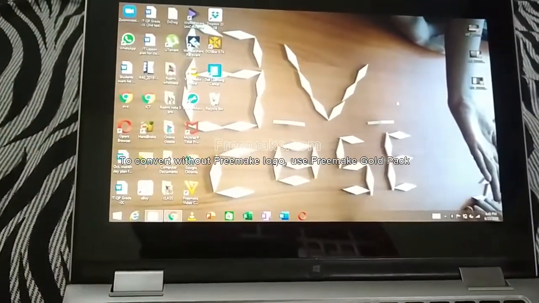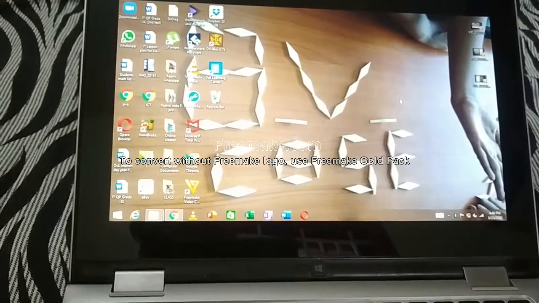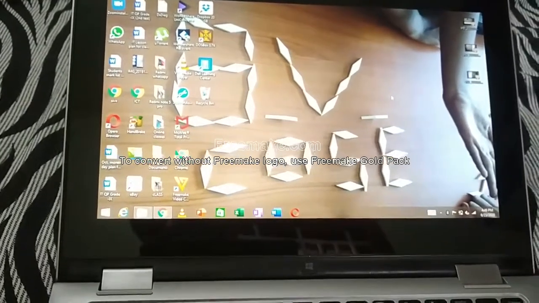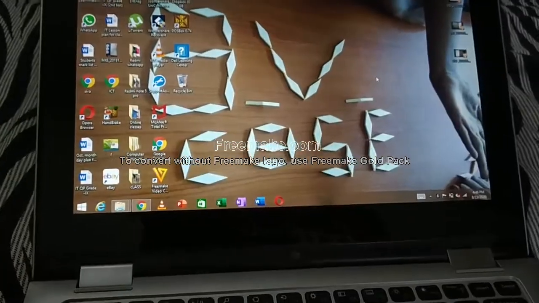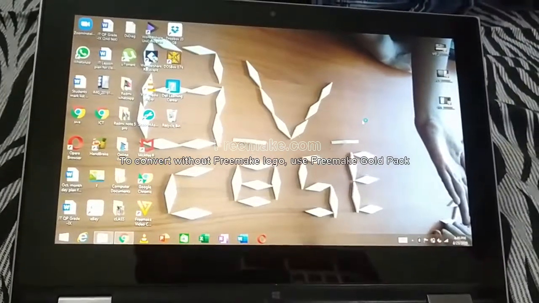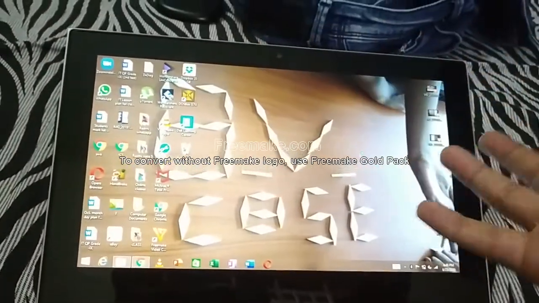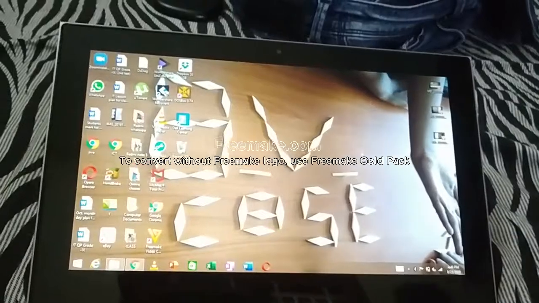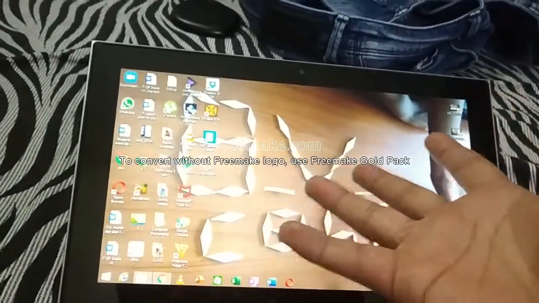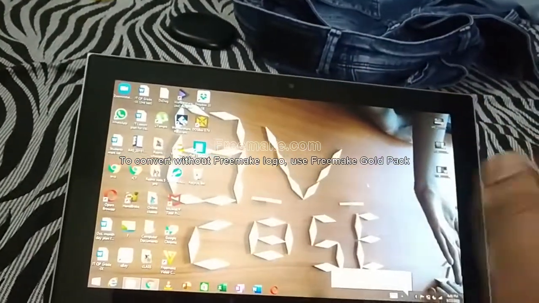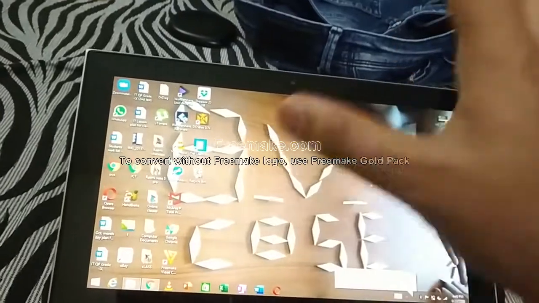Customizing your desktop. When you switch on your computer, that booting process happens, right? After the booting process, the Windows logo and all will come, then finally it will open like this.